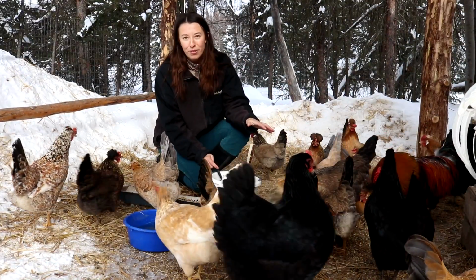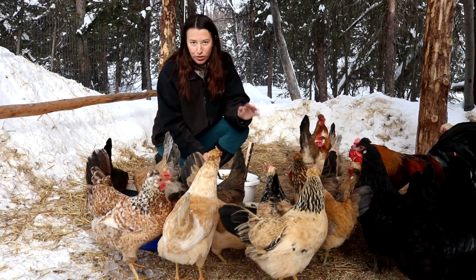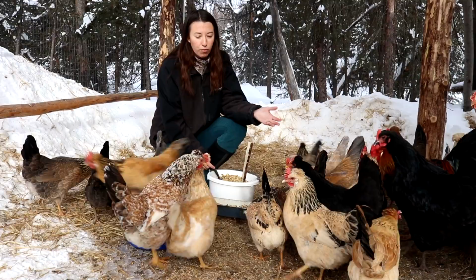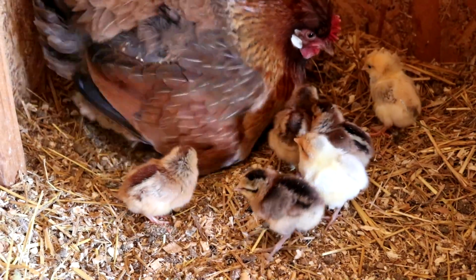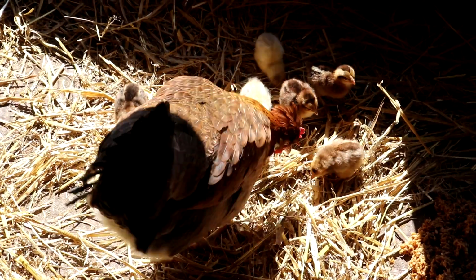so over half of them turned out to be roosters. In that first year, we did make chicken stock out of our roosters. Last year, we were really fortunate. We hatched out 35 little chicks, and they were actually ones that were hatched out by these girls here themselves,